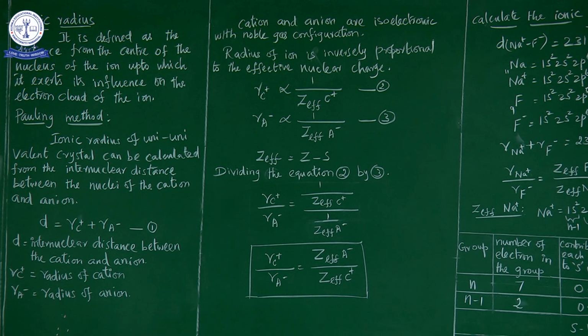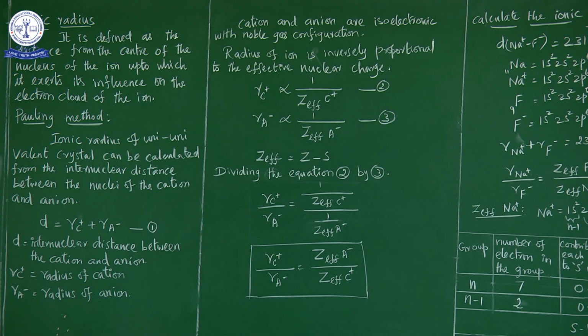So the ionic radius is nothing but a kind of atomic radius. So what is meant by radius? Radius of an atom, எப்படி பார்த்திருந்தோம்? The atomic radius is defined as the distance between the center of the nucleus to the electrons present in the valence shell. That is atomic radius. So the radius is calculated for a neutral atom. So atomic radius அப்படிங்கிறது என்னது? The radius is calculated for a neutral atom. It doesn't have any charge. அது charge எதுவும் possess பண்ணியிருக்காது.